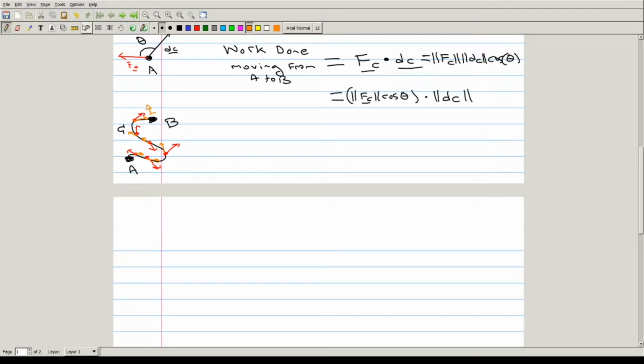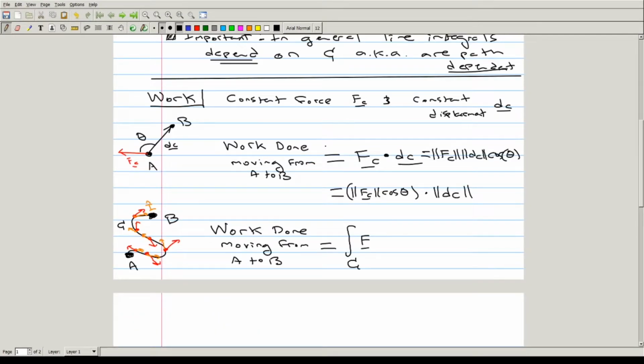And then it shouldn't take too long to see that the total amount of work done moving from A to B is going to be exactly equal to the line integral over C from A to B of the force field, which the force in this case,